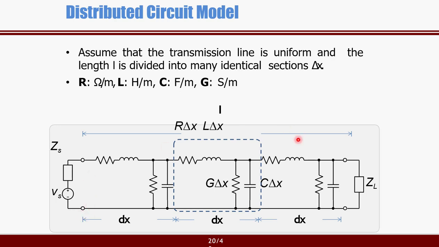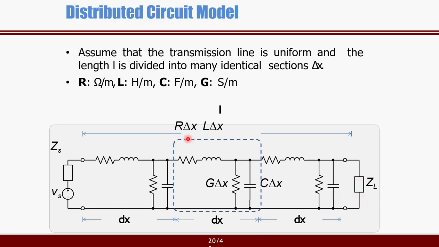Each transmission line is divided into lumped parts or units. Each unit has length delta x or dx. For each delta x, we have a resistance and inductance in series and capacitance and conductance in parallel. This dx is repeated along the length of the transmission line up to the receiving end. At the receiving end, we have the load, which is known as the load impedance ZL.